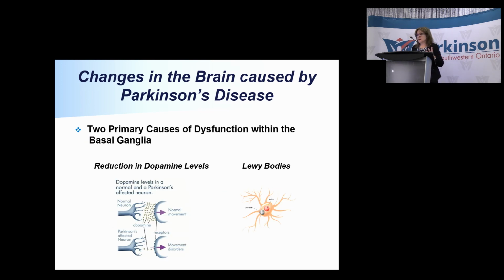Okay, so what's actually happening in the brain, in the basal ganglia, to cause all of these symptoms we're talking about? I know this is probably a review for everyone, but I'll just touch on it briefly. There's two primary neuropathological problems that are happening. The first major problem is a reduction in a neurochemical or neurotransmitter called dopamine. And this is because neurons in the basal ganglia have degenerated, and those are the ones that produce the dopamine. And it's the reduction in dopamine, of course, which is the major reason for the symptoms that are experienced in Parkinson's disease, and why the main treatment, levodopa, really works, because it basically increases the levels of dopamine back in